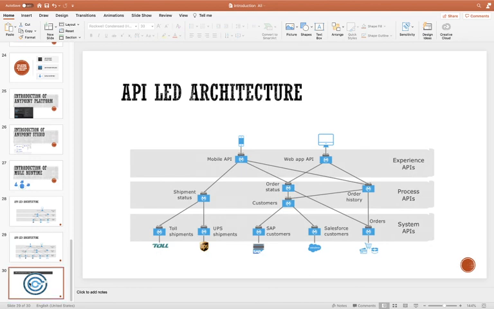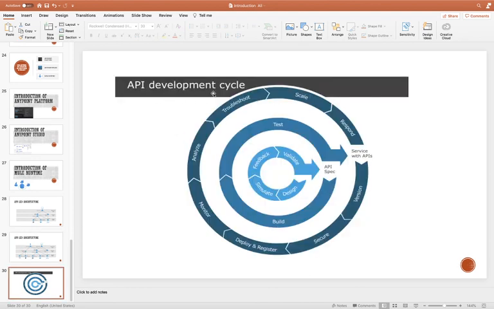Okay, and last topic, we have this API development lifecycle. So from tomorrow we will start working on this API development lifecycle, so I'm just giving one high level overview of this also. Whatever topics we discussed today, I have just given you a high level overview, since we will use all those terms and components in our development, and at that time I will give you the detail. So this one is all about the API development lifecycle.